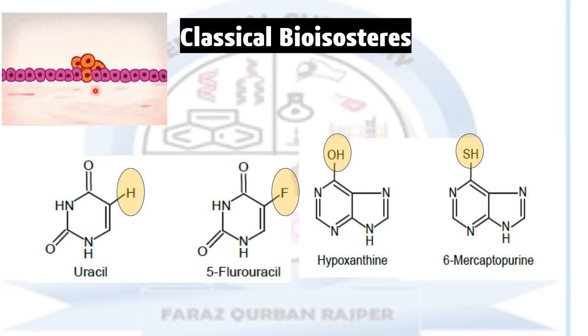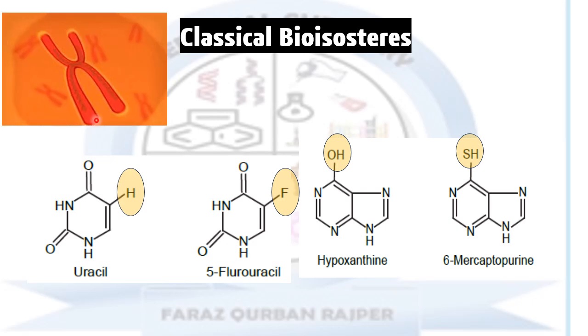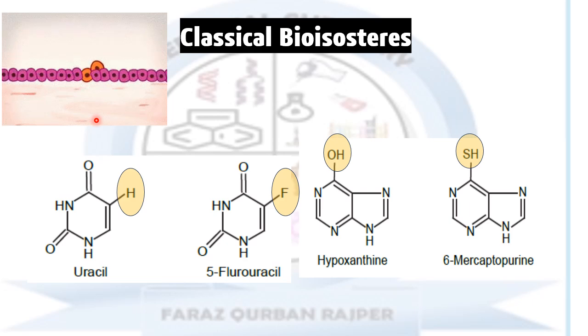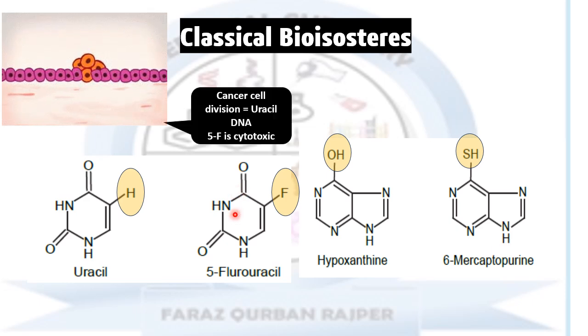Because this is the cancer cell, and you know that cancer cell division and growth require DNA, and for the DNA the uracil base is important. So once the hydrogen is replaced with fluorine in the drug, it is converted into 5-fluorouracil. Now this 5-fluorouracil will act as an anti-cancer drug, and it will act as a cytotoxic to these cancer cells. So the growth of cancer cells will be diminished, and ultimately it will kill the cancer cells, and it will be effective and potent against the cancer cell in comparison to the uracil, which was promoting the growth of cancer